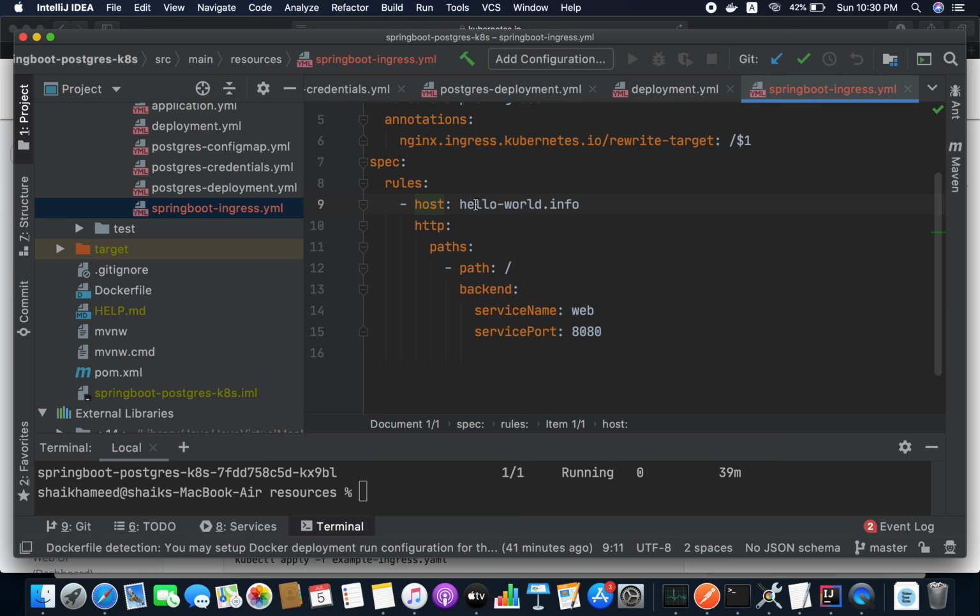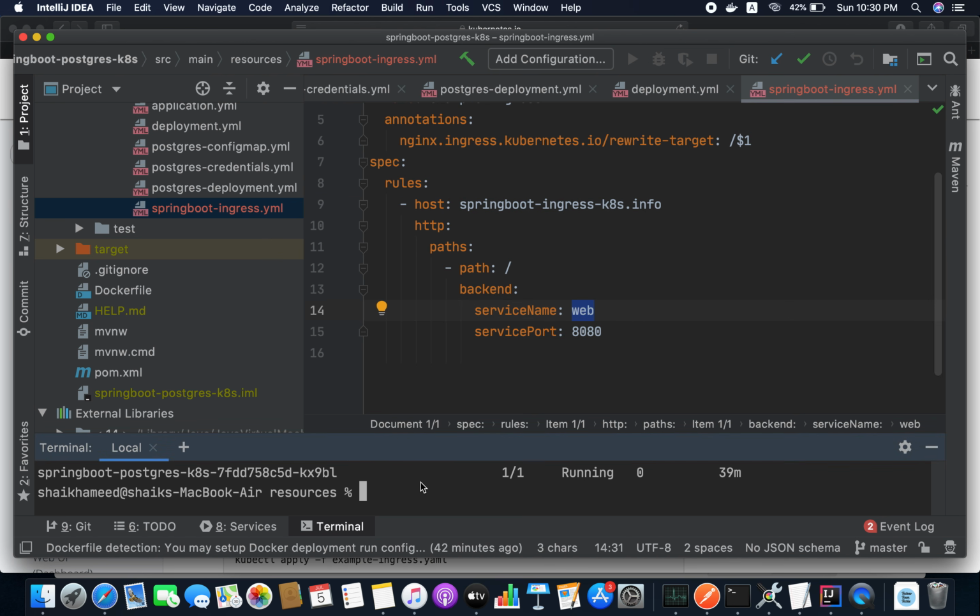Okay, so this host name I'm going to define something like springboot-ingress-k8s.info.